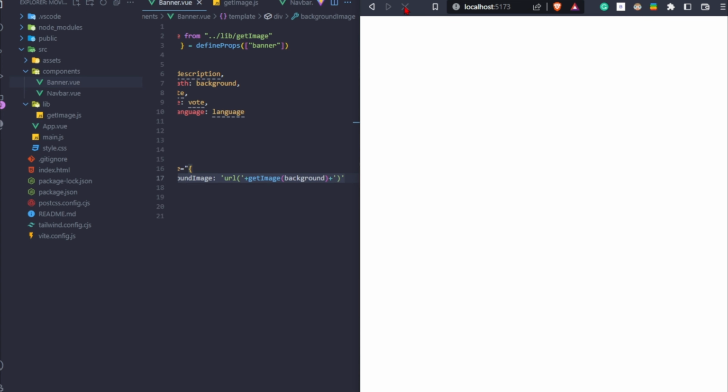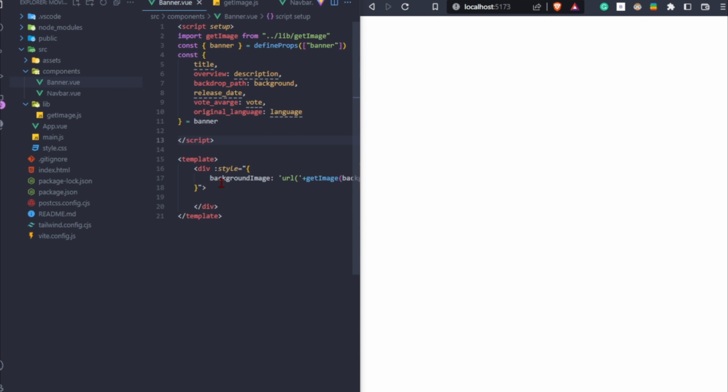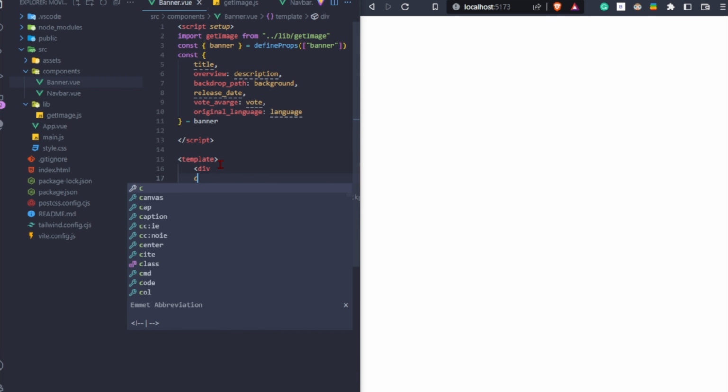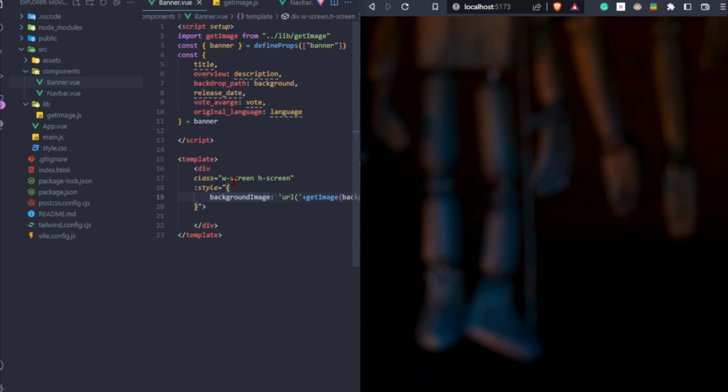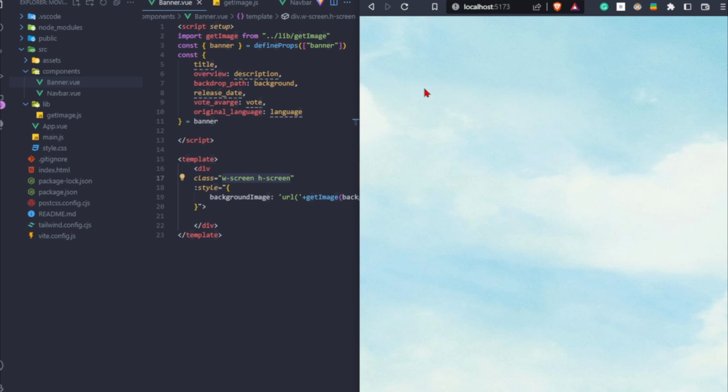Let me refresh, and we cannot see anything. Let's try to add some size to this div. Let's say here in the class w-screen and h-screen. What it does is basically saying that the width of this div should be the size of the screen. It's basically view width. And same thing for the height, it's saying to occupy the whole height of the screen. And now you can see our background,